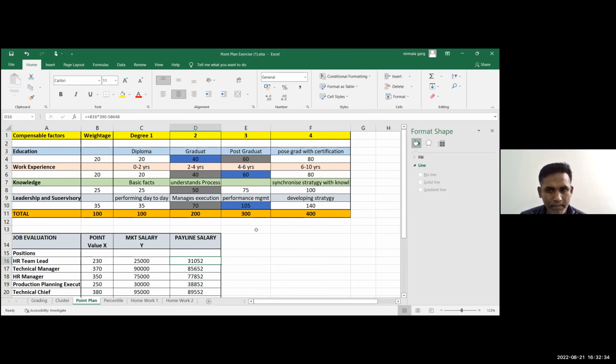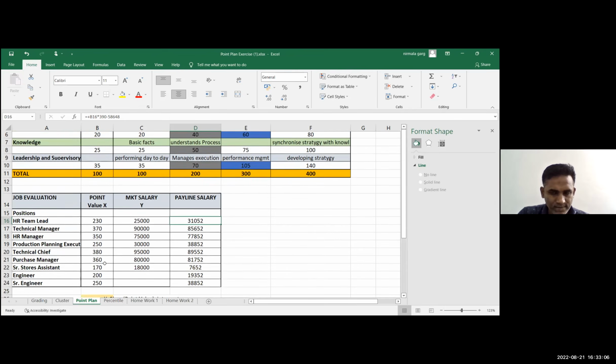Got it? So once I do that, I'm calculating all the points across all the 4 compensable factors based on the requirement, and adding up and then saying, the point value for HR team lead is 230 points, or the point value for technical manager is 370, or the point value for an HR manager is 350. Got it? Okay. Now, once we have done that,